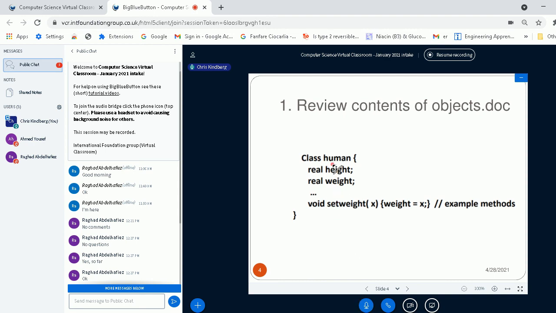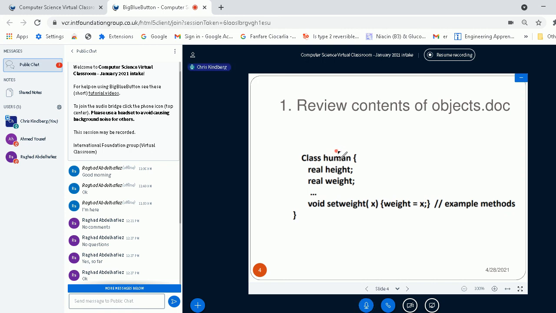You write the name of an object, human, dot, then the name of this method, setWeight, give it a value like 84, and that, when executed, will assign 84 or 84.0 to this real valued variable in human.